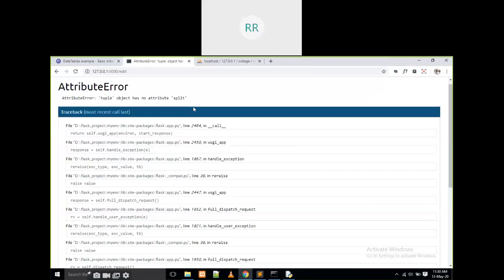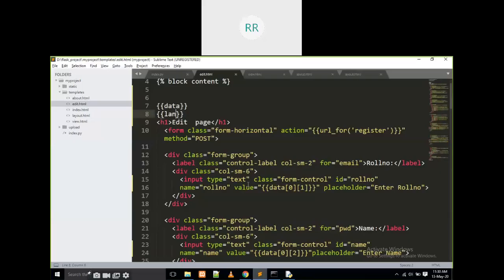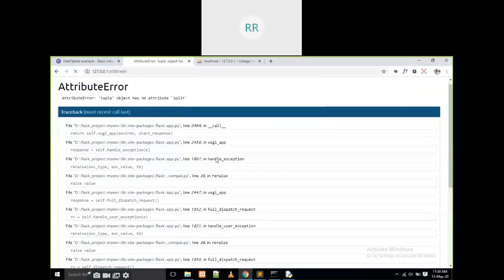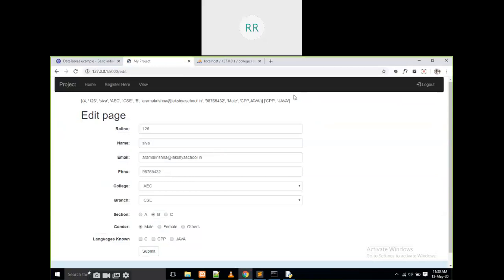If you observe here, split tuple object. Okay, again we made the same mistake. What is that mistake? This is data of 0 of -1. Okay. Yes. Again, if you see, the string is converted into the list. CPP is one column and Java is one column. Okay. Now, is it clear, everyone, what I am doing? Is it clear, everyone, why I am converting into the list?